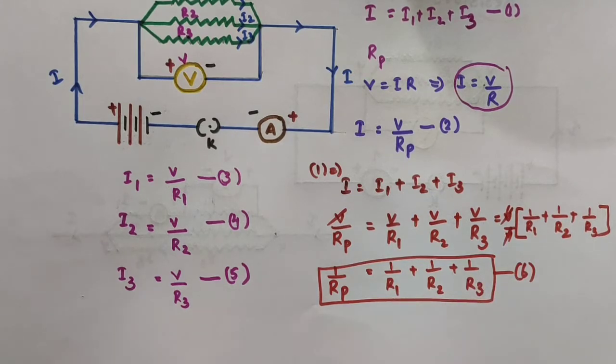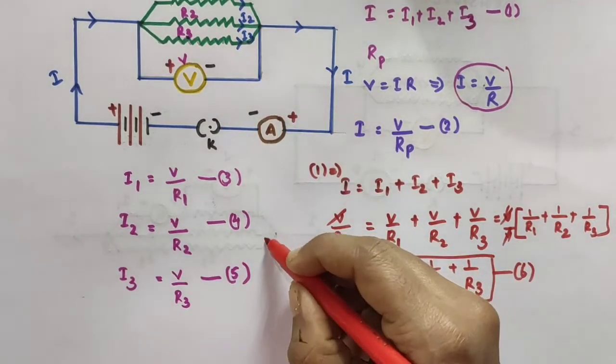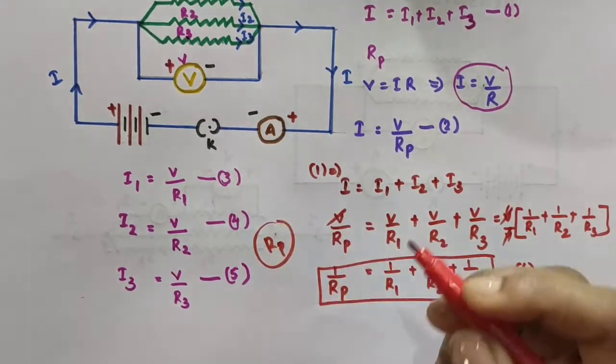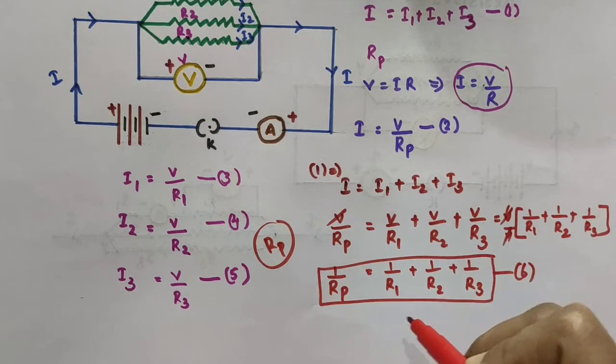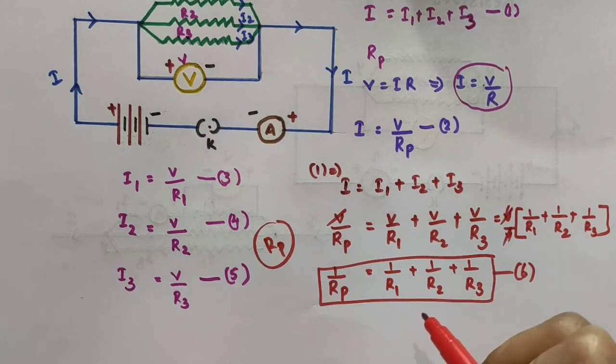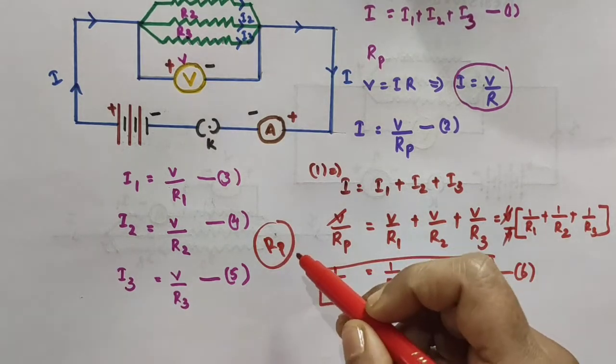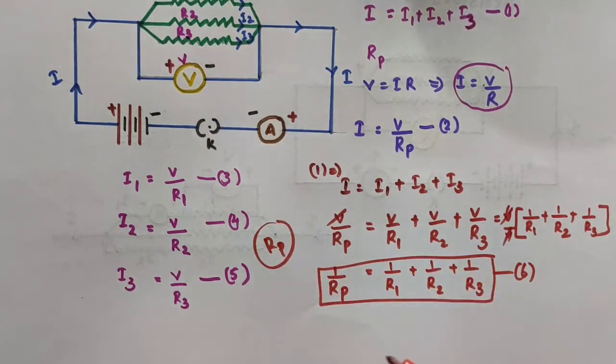Alright, so if there is a question to find the effective resistance of this combination, you want to find out Rp actually, not 1 by Rp. So what you have to do is apply this equation. Then you will get 1 by Rp by substituting R1, R2, R3, etc. and at last you have to take the reciprocal of that 1 by Rp. Then only you will get Rp. Okay, let us do one example to understand the concept of this parallel combination of resistors clearly.